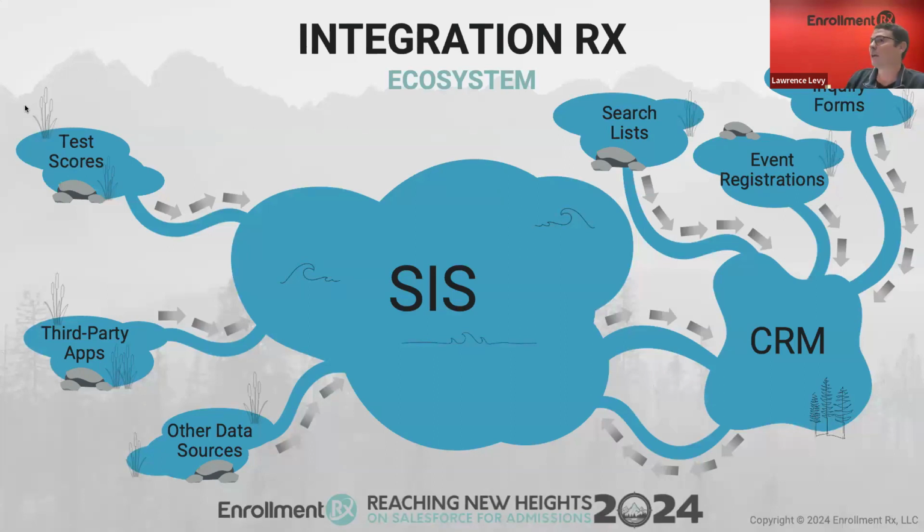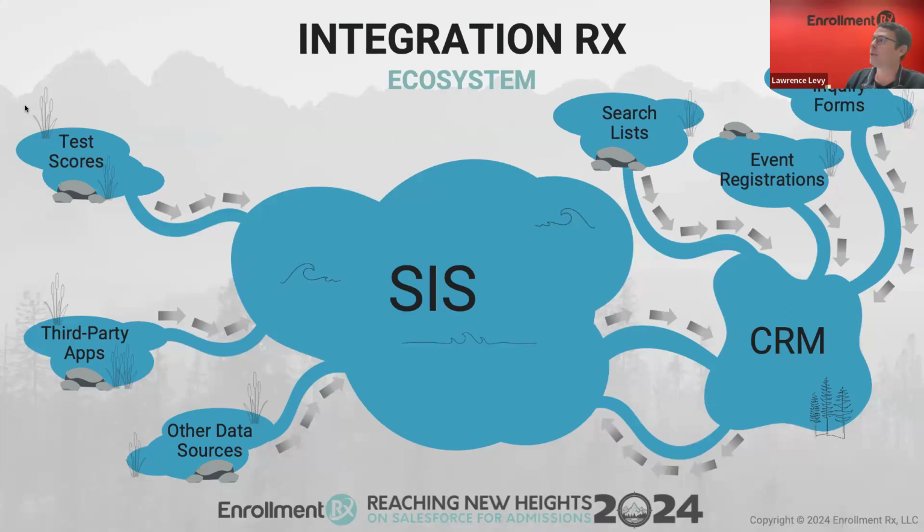And so in those kinds of environments on the left-hand side, we can see that the SIS there might have data feeding into it. There might be a third-party application, maybe a common application or a centralized application being completed and then directly feeding into the student information system, where the admissions staff are then responsible for managing that application, processing it, and making a decision. Or,